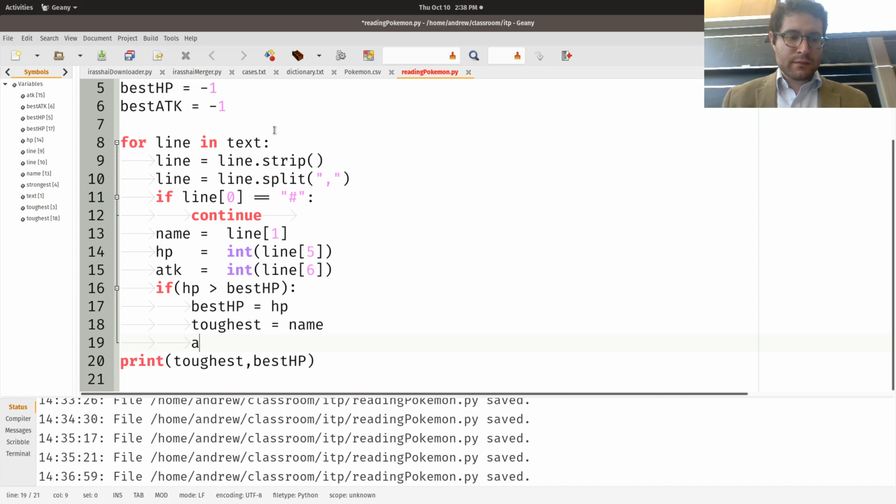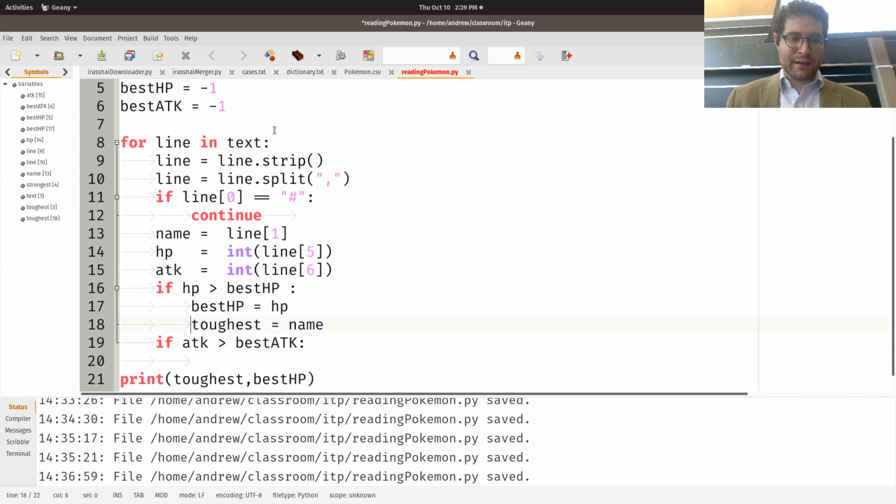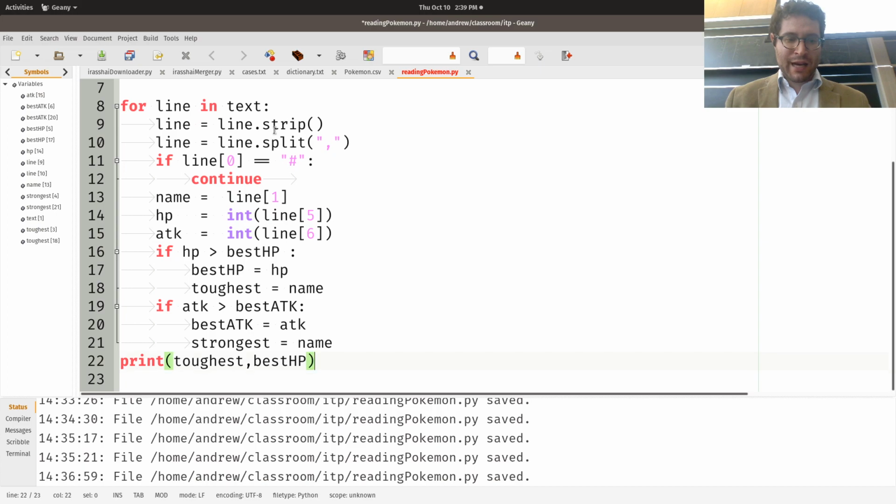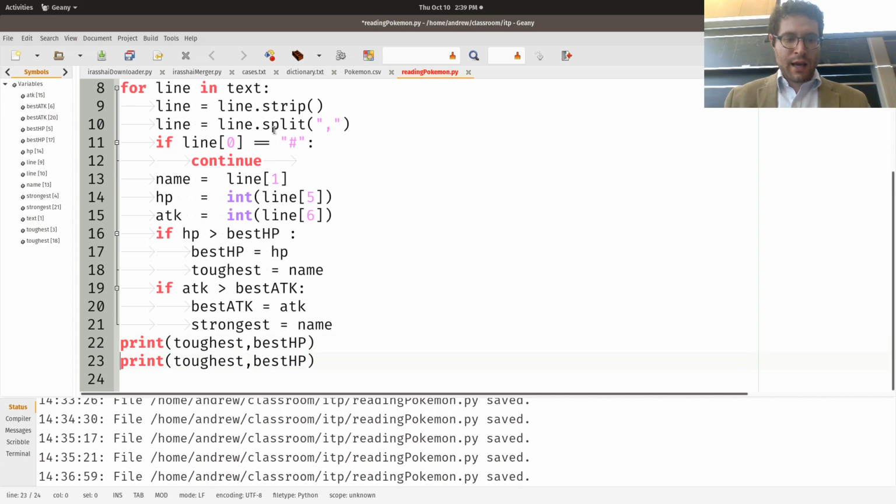And so, if ATK is greater than, I was working in Java earlier, you don't need these parentheses. So if ATK is better than best attack, then same thing over here. Best attack is equal to attack. Strongest is equal to that name. So now we can print out the toughest Pokemon, and then we can print out strongest Pokemon,